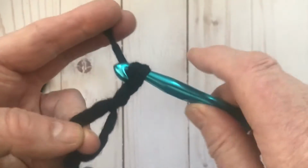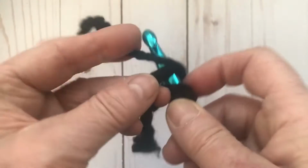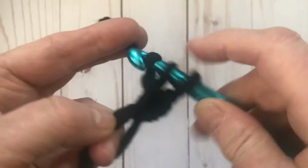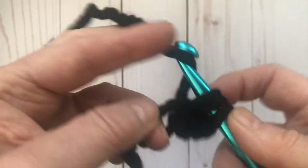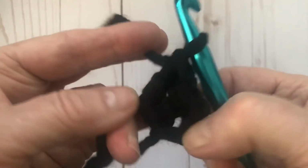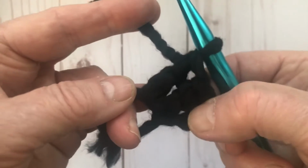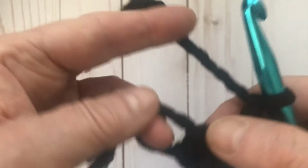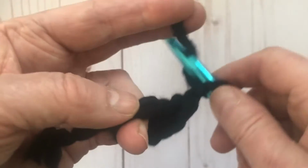So now I'm going to chain, and I am going to do 2 more double crochets in here. 1 double crochet, 2 double crochets. So that first chain 2 there acts as 1 double crochet just for this first round. Okay, so now I'm going to chain 1 and working still into that loop, holding that tail down, yarn over,